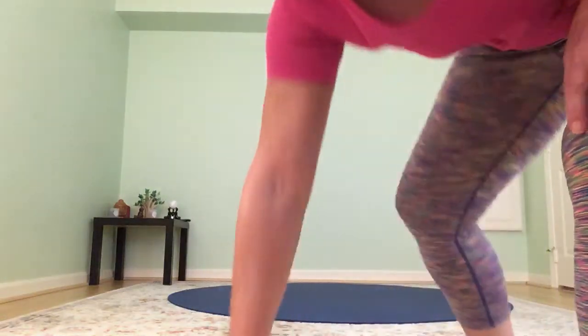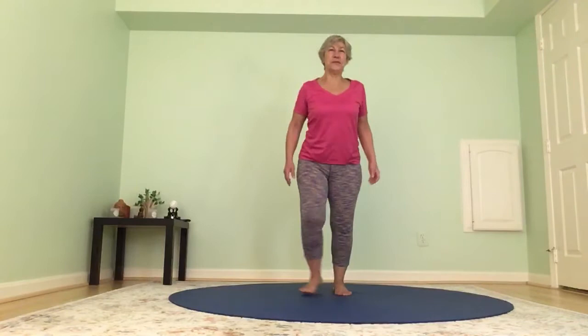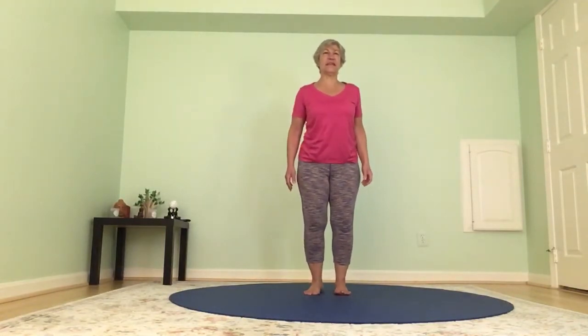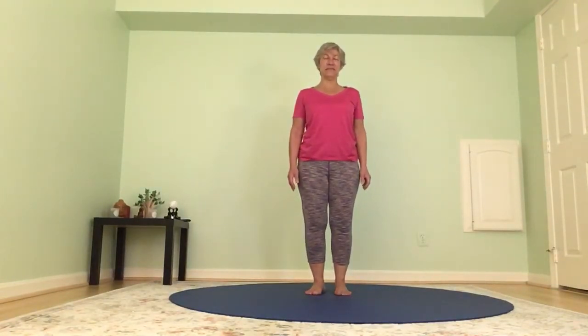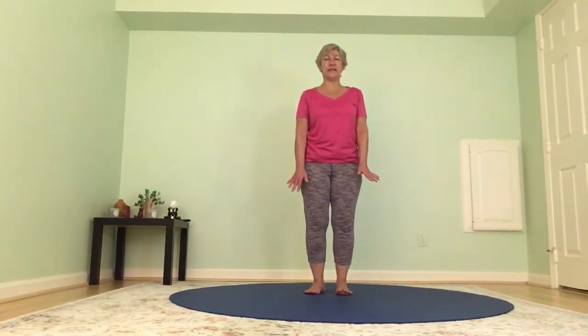And let your breath come into your practice. Very excited about today's class. Shoulders back and down, feet are nice and grounded here, and just feel around on the corners of your feet. Make sure that you're standing nice and square and even. As you let your breath smooth out,